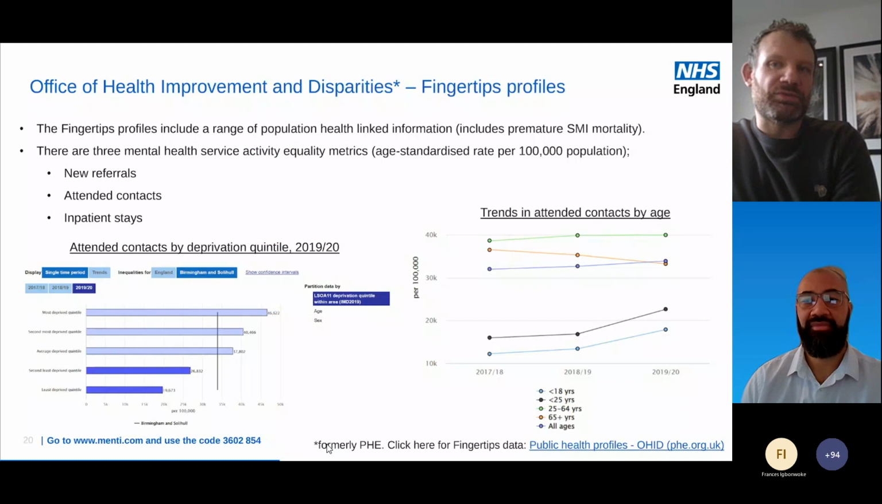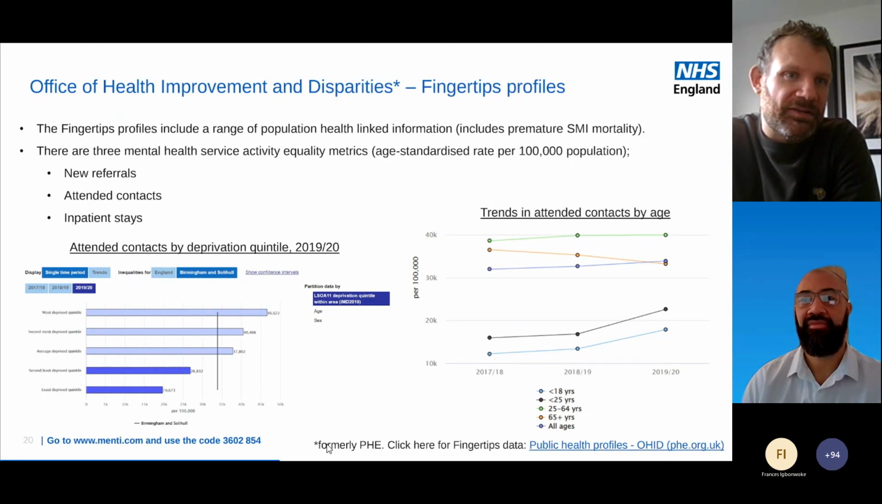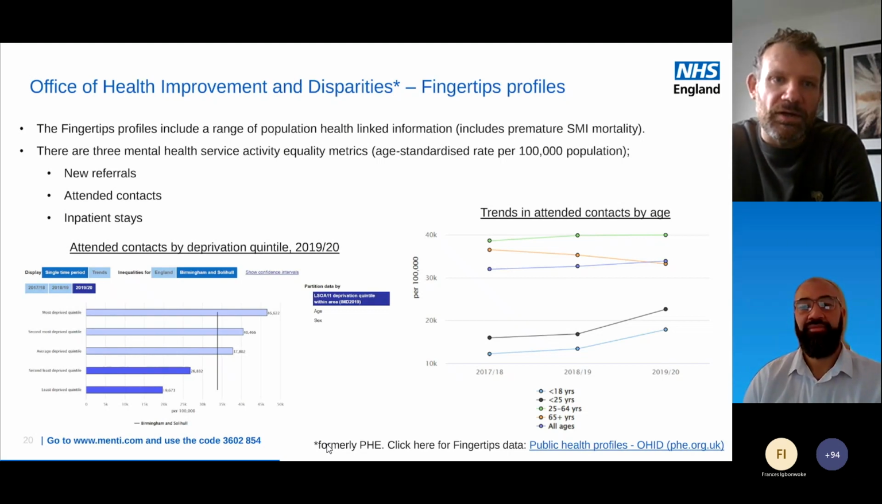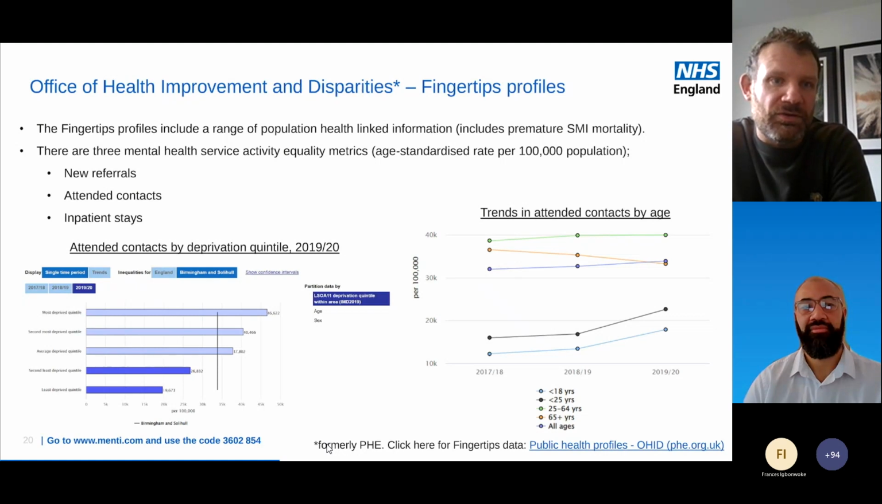So I'll take you through some examples of other reports that are publicly available. So the Fingertips profiles that some of you may be familiar with were produced by Public Health England. That's now the Office of Health Improvement and Disparities. And what the profiles do is give you more of a population health management focus on mental health activity, and measures such as excess mortality for people with SMI. There's 3 mental health activity focused measures that include referrals and attended contacts to community services, as well as